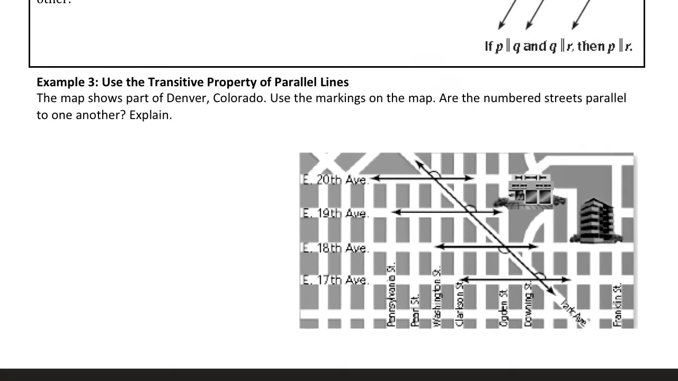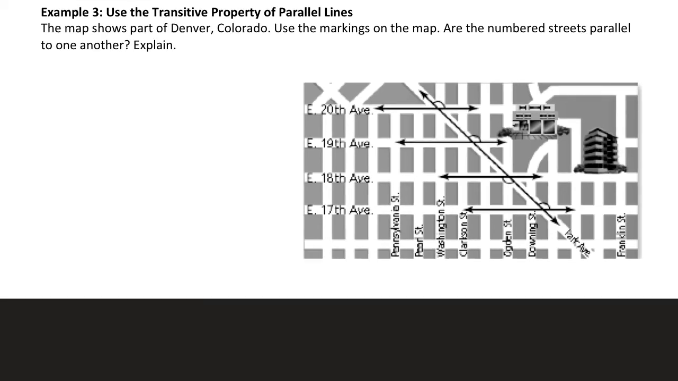And that's represented with these streets in this last example. It says the map shows part of Denver, Colorado. And it says to use the markings on the map to see if the numbered streets are parallel to one another. And we're going to explain. So to explain this, I'm going to start with 20th Avenue. So I'm going to just label these by the name of the street. So I'm going to say